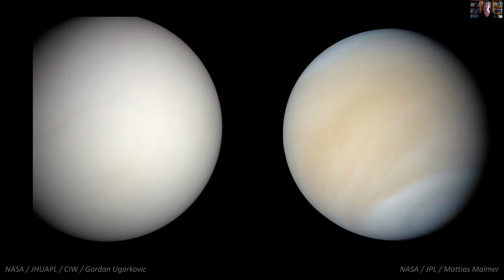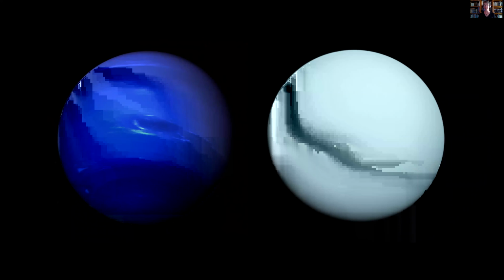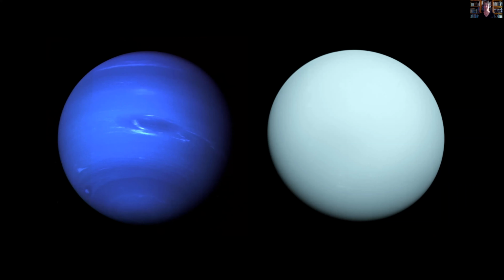Here's another example. These are two images of Neptune and Uranus taken from Voyager. They are RGB color combos. Of course, Voyager had optics that were not very sensitive to the red end of the spectrum, so it's only partially representative of what the human eye could see. And it may be taken through filters that aren't even green and blue filters. Often there's a green and a violet filter used to make these images. But everybody knows that Neptune and Uranus are blue, so these images seem true in terms of how they represent those two planets to us.